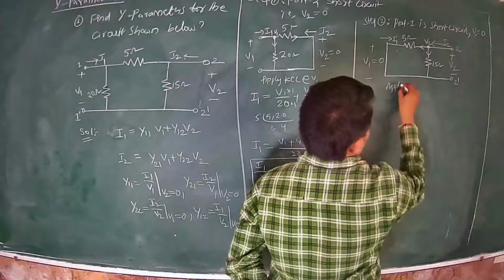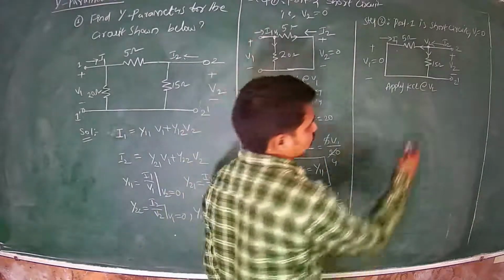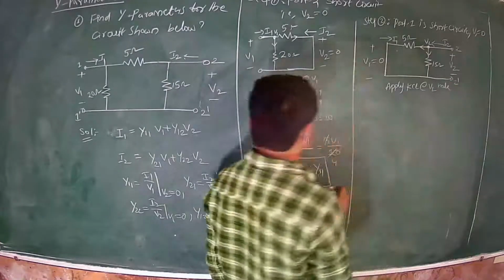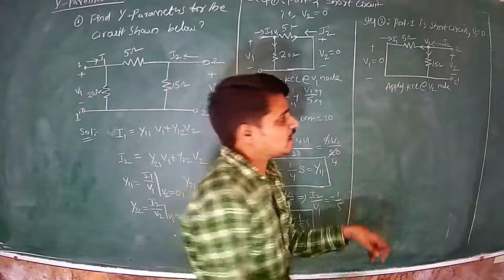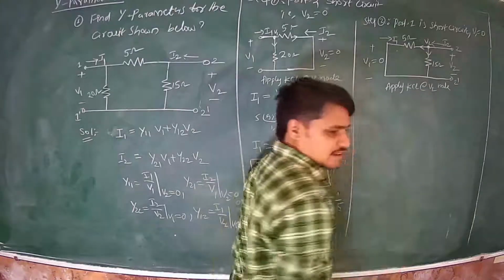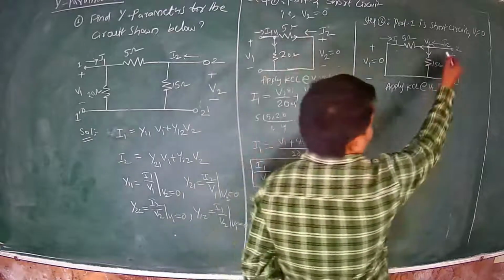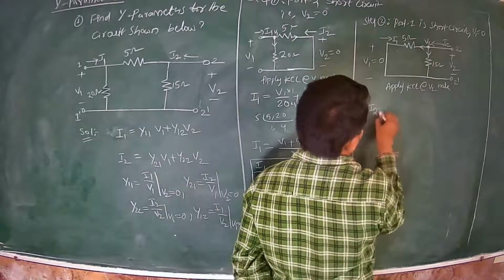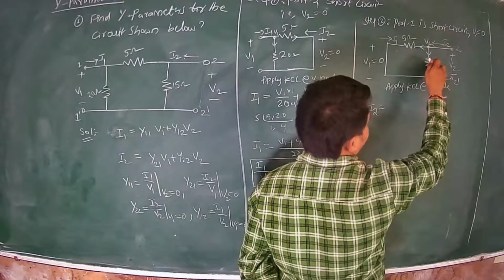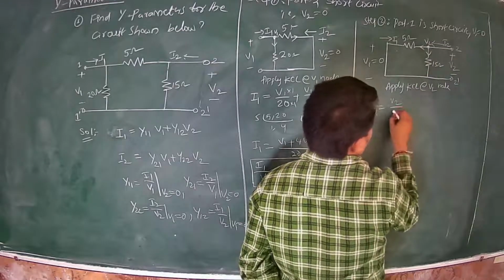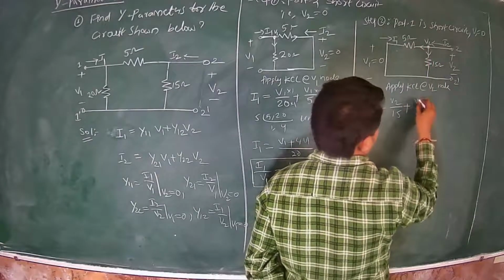So apply Kirchhoff's current law at the V2 node. That means here we are using the nodal analysis technique. What is Kirchhoff's current law? The sum of the currents entering any node is equal to the currents leaving that node. Therefore, the current entering here is I2, whereas this current and this current are leaving. The current flowing is I equal to V by R, that is voltage V2 by 15, plus the current flowing in this path, V2 by 5.